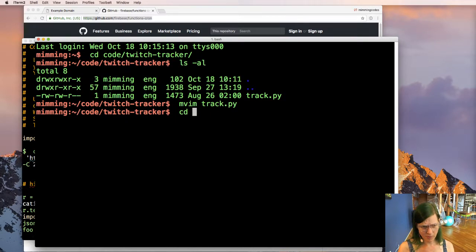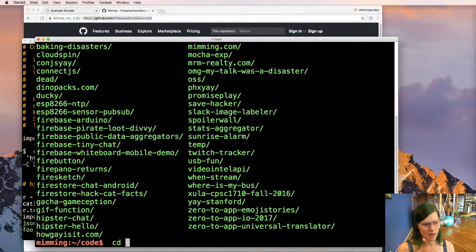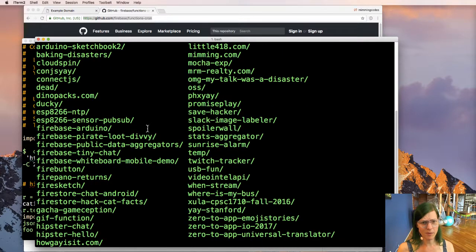Do I have the snippets repo checked out? Let's find out. I don't know if you want to see all of that stuff, but I don't think there's anything confidential in terms of project names. Some talks I worked on. I don't think my snippets repo is in here right now.